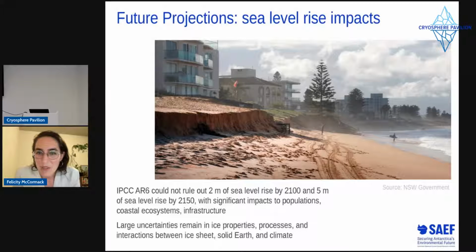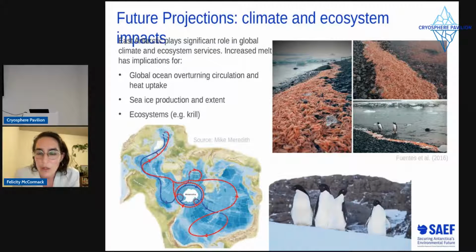Okay, so I talked a little bit about sea level rise impacts and the fact that we have this uncertainty associated with where global mean sea level could be in 2100 and 2150, and that large uncertainties remain in some of the understandings of ice sheet processes alone, but then the feedbacks between those different systems. And then just building on what Chris mentioned earlier, it's not just sea level rise that we care about when it comes to East Antarctic ice sheet mass loss, but